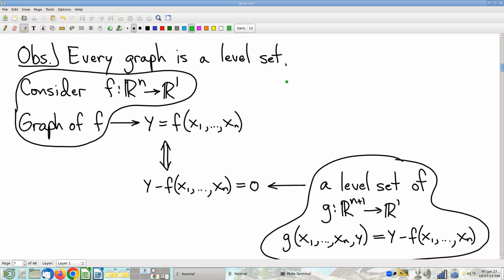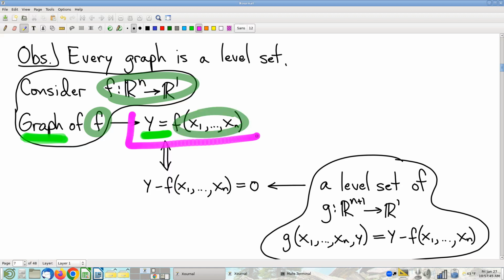This is very literal. Again, the only thing that's tricky about this is the careful use of language. But if you have a graph, and keep in mind what a graph is. A graph says I'm going to set the function equal to a new variable. So there's how I represent that I'm looking at a graph. I'm looking at a graph of specifically this function called f that has n input variables. And that graph has this equation right there. Right. Here's what you do. Again, it's really very easy in terms of the algebra. All you got to do